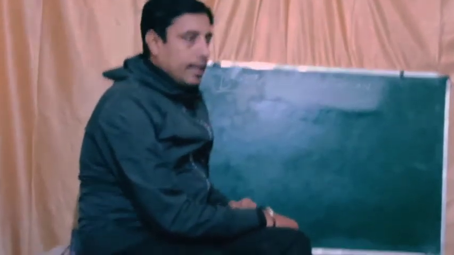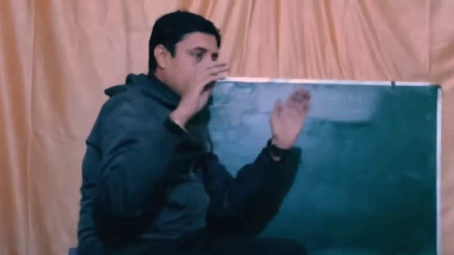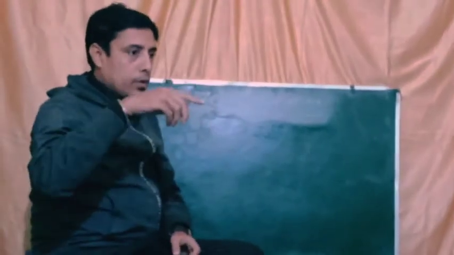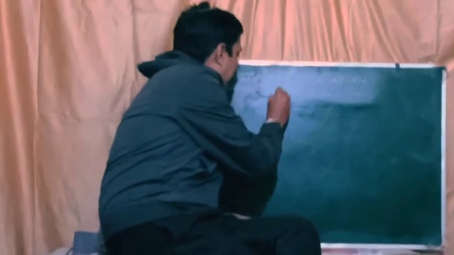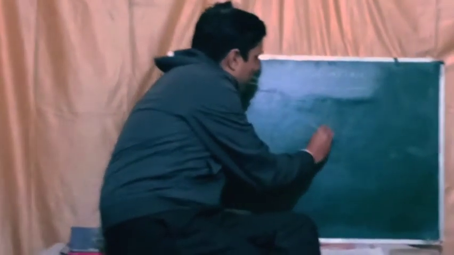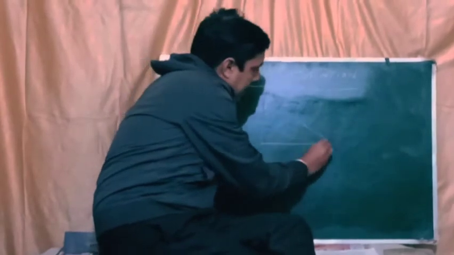So the first part I have told you starts from triangle, right? In triangle we have bifurcated in two parts, one from the angle point of view and another from the side point of view. From the side point of view it was bifurcated in three parts: one was the equilateral triangle, another was the isosceles, and the next was scalene. And angle wise, when we are calculating the area, right?